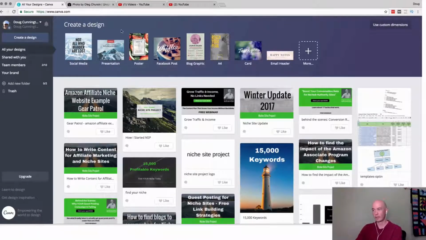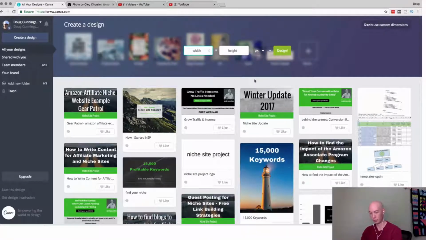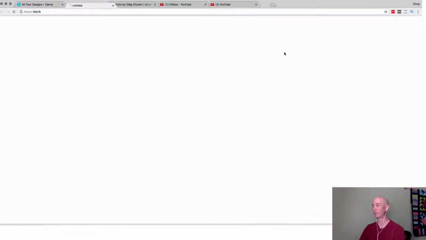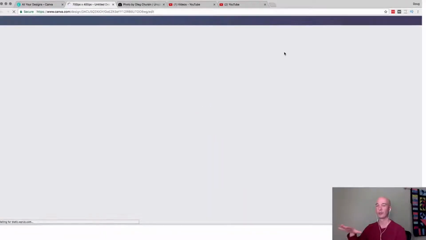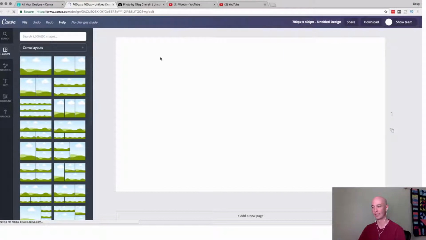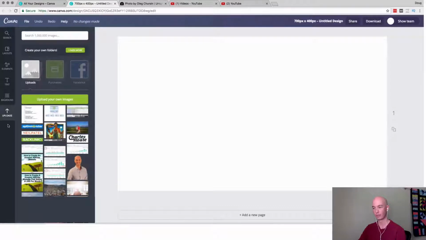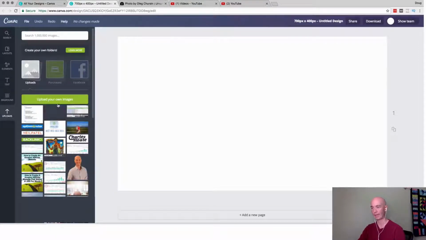We're going to create a new design. So we're going to start from scratch here. I'm going to say use custom dimensions, which you can do if you want to. They have a lot of presets, but I just happen to know this will be a little bit faster. I know exactly that I want it to be 700 by 400 pixels, and we'll say design. I also know that I don't need their templates or layouts or anything because we're going to upload the image that we want. So we'll upload that here,